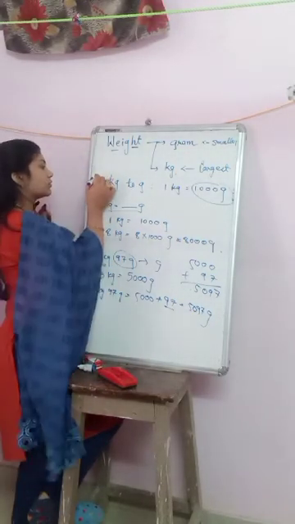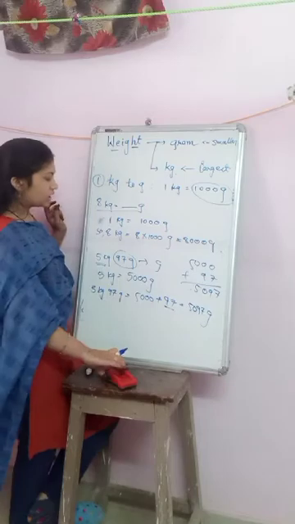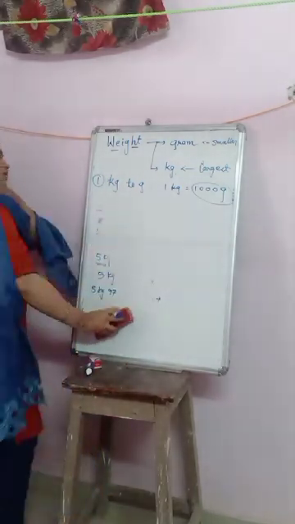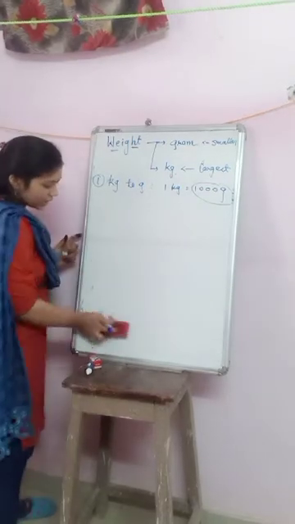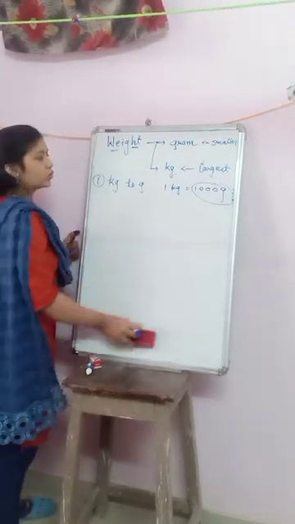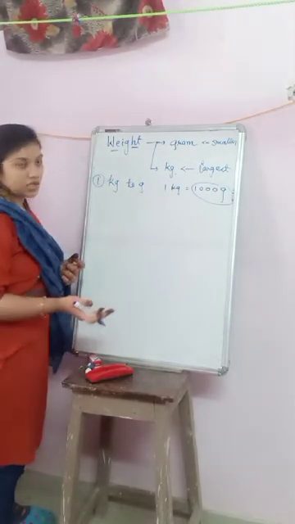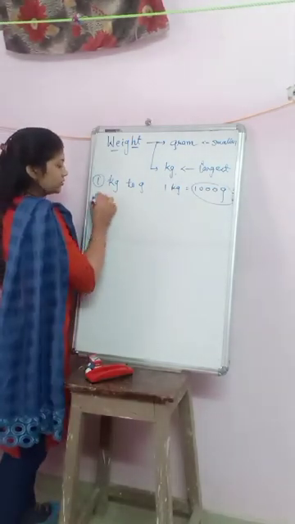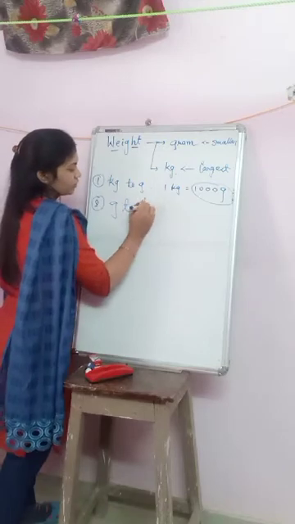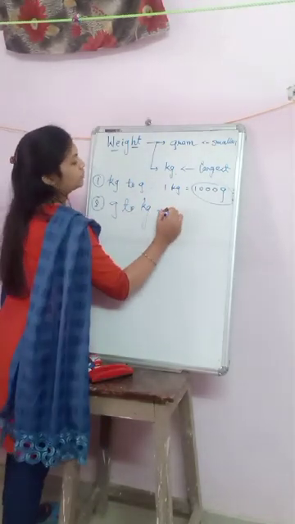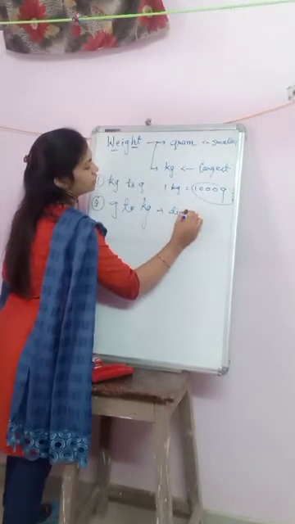First conversion we are done, kilogram to gram, and it's the same as length. अगर आपको length आ रहा है तो आप easily इसको भी convert कर पाओगे, लेकिन आपको याद करना है कि किस तरह से conversion हो रहा है. Now gram to kilogram. Same, we only have to do the division with 1000.